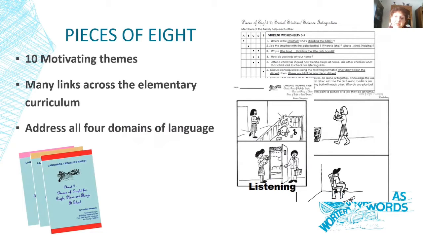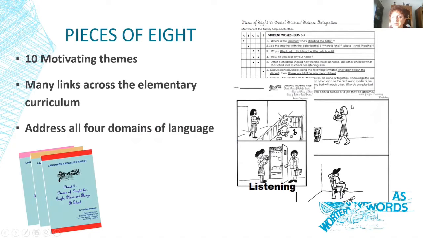Now, all the activities on these worksheets will address all 4 domains of language. This one is a listening activity. Direction number 2 again here says, see the mother with the baby bottle? Where is she? Who is she helping? It's marked for students in the 2nd level, which would be students that are already speaking, but it could easily be answered just by pointing. But in fact, there are 3 mothers, so the student has to